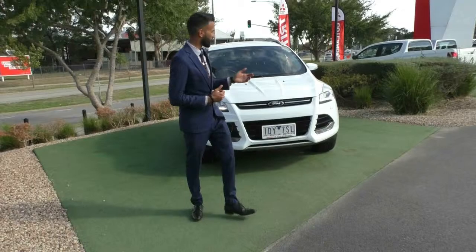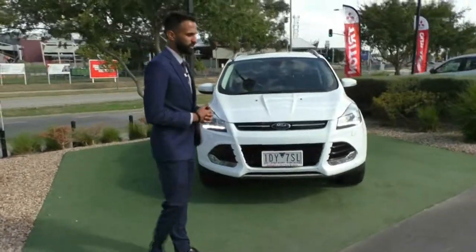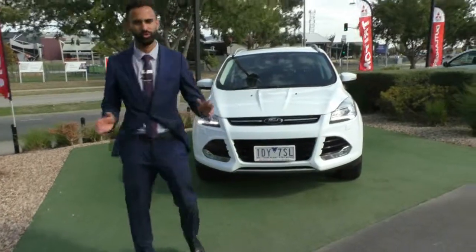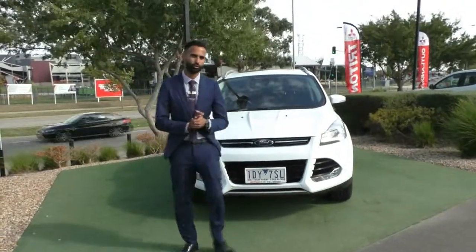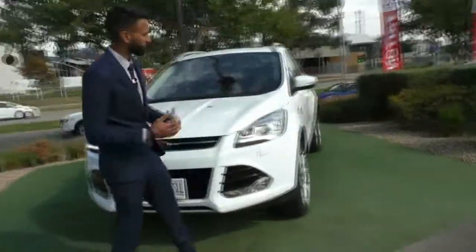Alright guys, here we are looking at this beautiful Ford Kuga. It is a 2014 model, but it is the top of the range, so you get all the bells and whistles that you would absolutely love in your Ford Kuga. Now starting off, not on the right hand side,